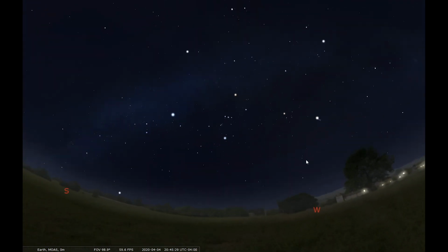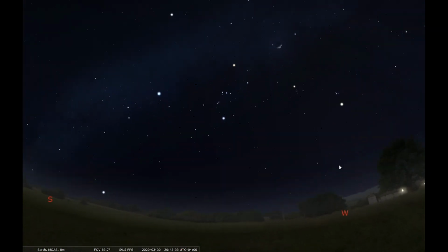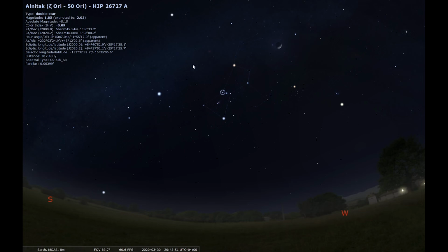Now, real quick before I move on to a different area of the sky, I just want to mention, and I'll go back to the beginning of the week here again, you still have a good opportunity to see these leftover winter stars, even though it's the springtime. I already showed you Taurus the Bull, with the Pleiades star cluster along its back. Real quick, I'll just mention that Orion's belt is still visible here, the 3 stars of the belt. I can turn on Orion the Hunter, one of the most famous constellations in our sky,